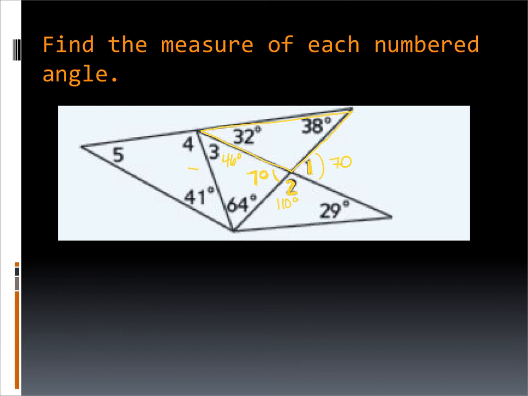Okay, so now that we have angle 3, now let's try to get angle 4. So we have a couple of different things that we can use to get angle 4. We can say that all 3 of these angles at the top are supplementary. So then we can add them up to get 180. We don't know 5, so we can't use that triangle. It's not an exterior angle, so I think